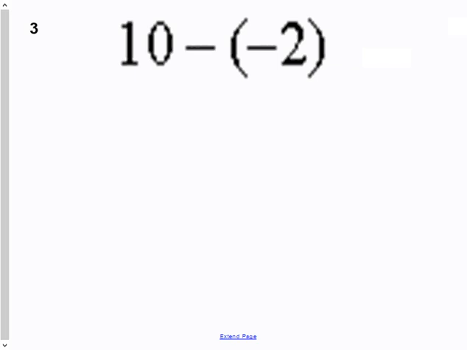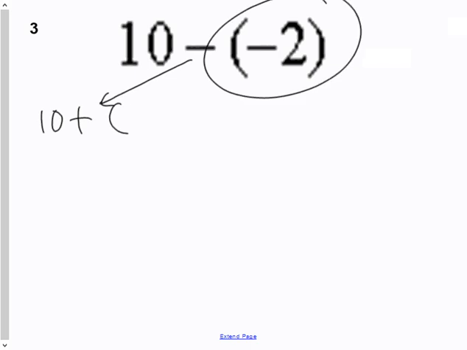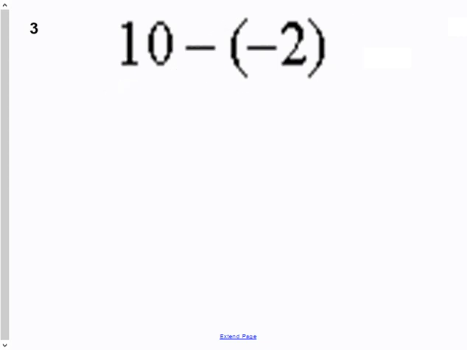Okay. Remember I said I've never subtracted. Remember what I always do is I keep the first integer, I change my subtraction to addition, and whatever this integer is here, I add its opposite. So the opposite is positive 2. So instead of doing 10 take away negative 2, I'm actually going to do 10 plus the opposite, which is positive 2. And when I change it to 10 plus 2, I think everybody can do this one because 10 plus 2 is really easy. The answer is 12, or if you wanted to, you can put down positive 12.